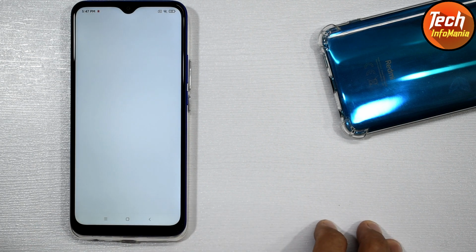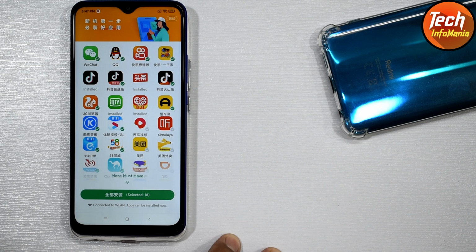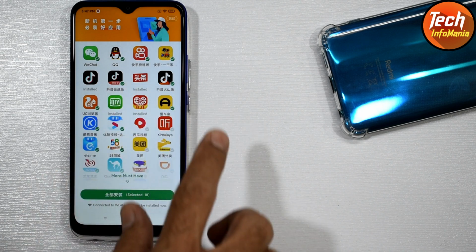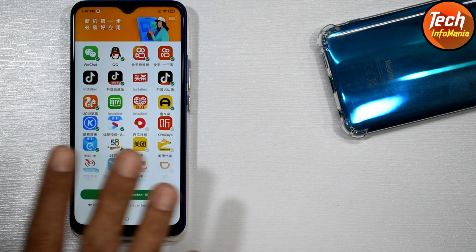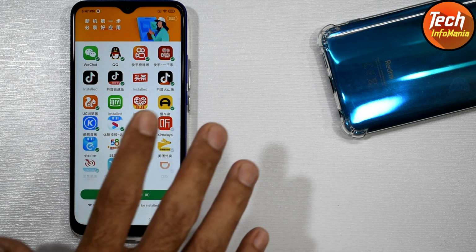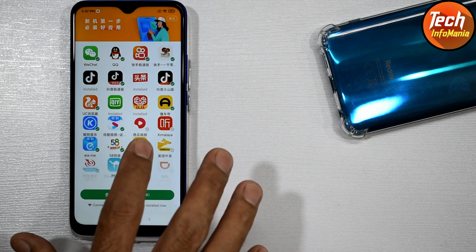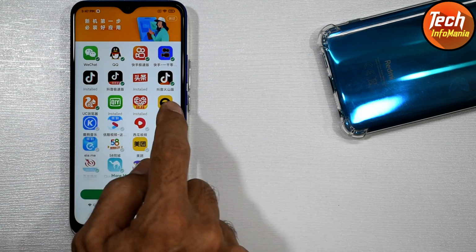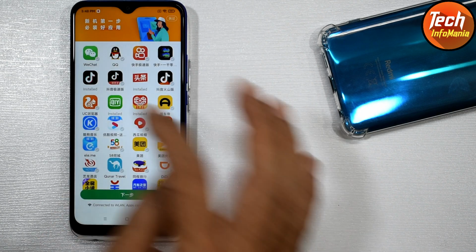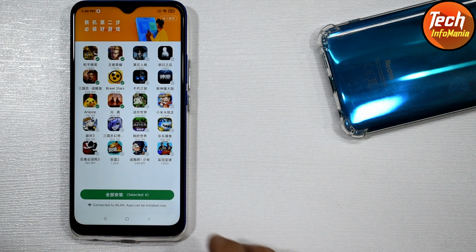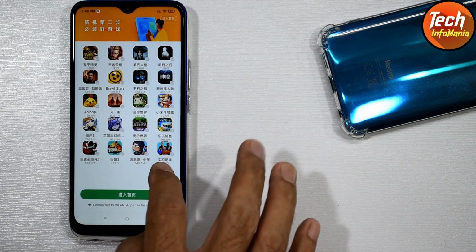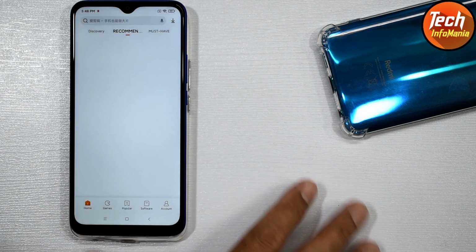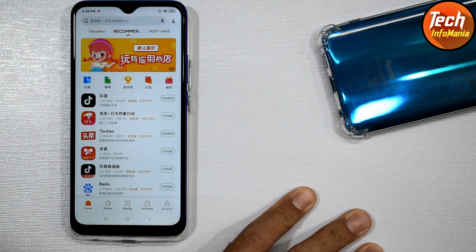Agree. After the application opens, you may see a screen asking you to install all the selected apps. You don't have to install all these apps, just tap and unselect all of those which are already selected. Now tap here. Another screen will appear. Just unselect all the selected apps. Tap here again, and the application will now run properly.